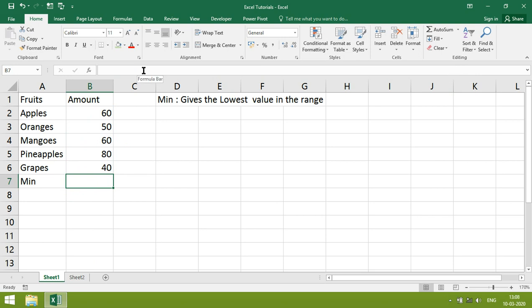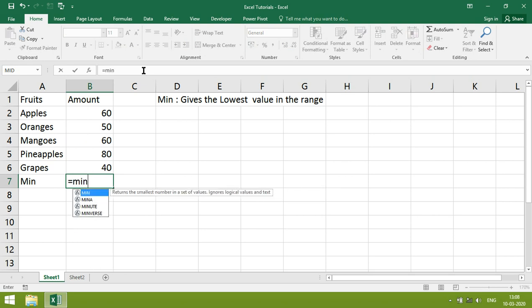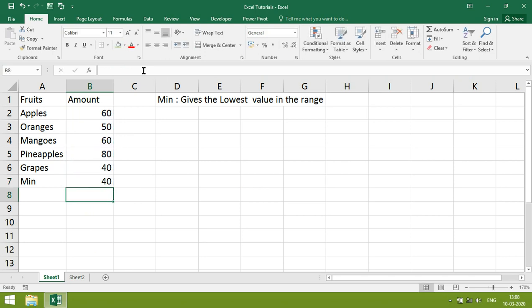How to write minimum? Just type equal to MIN, give range, bracket close. Another option is also available.